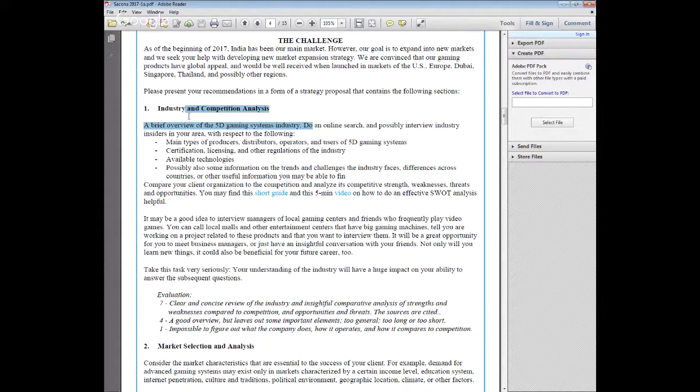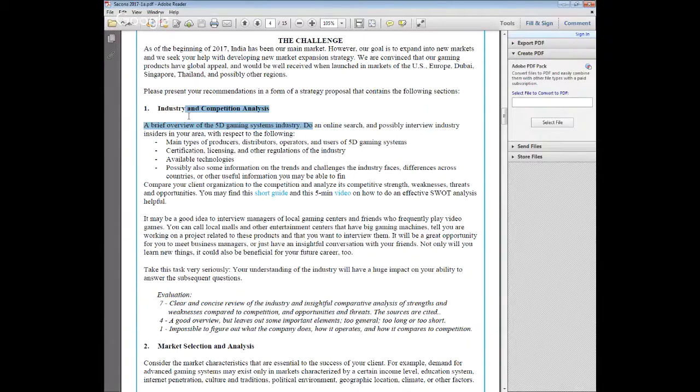And so the students are encouraged to literally go and talk to the directors, managers of those kinds of centers and interview them and ask them, do you currently use any of those 5D gaming stations? How did you select them? How did you decide to buy this particular brand and not a different one? What would it take you to switch from whatever you use now to, for example, a Sakona brand? What's the reasonable price for you? What kind of expectations do you have in terms of service, support and stuff like that? And so there would be a set of questions for most of the products, most of the challenges.